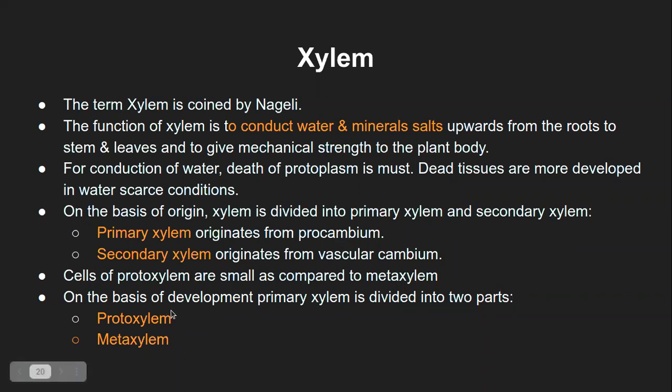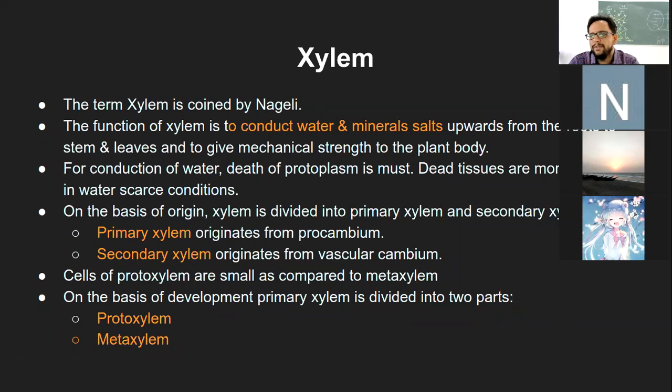And from this there will be protoxylem and metaxylem. Protoxylem is the earlier version of the xylem. Metaxylem is the later version of the xylem. That is also a little difference. Protoxylem is a little smaller, metaxylem is a little bigger because it has grown sufficiently over time. Okay, let me ask you, is this part confusing, or have you understood it?